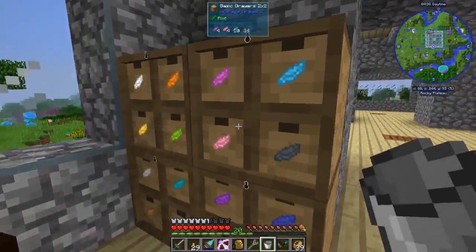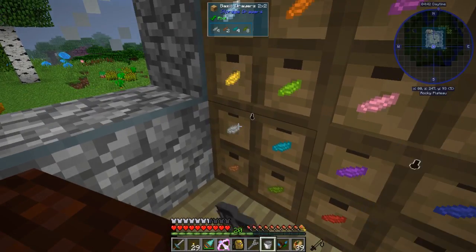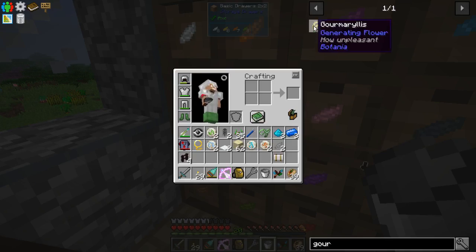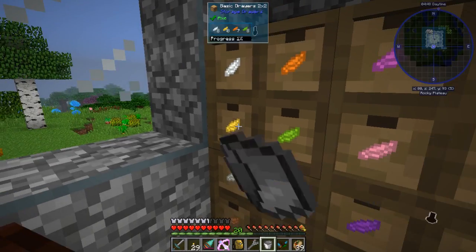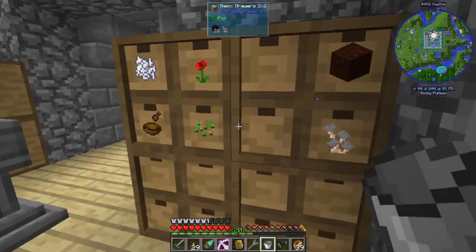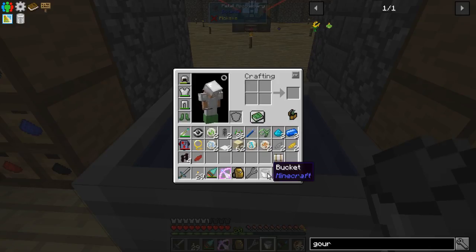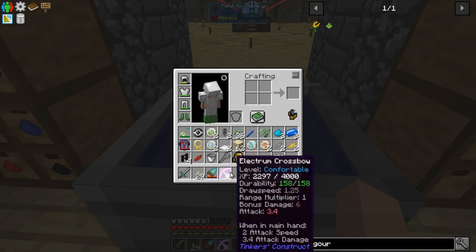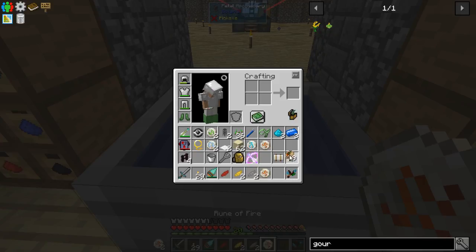So we need, let's see, 2 light gray. That would be these 2. 1, 2. We needed 2 yellow, right? 2 yellow. Yeah, 2 yellow and a red. So 1, 2, and a red there. We're going to need a seed, which is here. So, yeah, you go there, you go there, you go there, you go there. We're going to need that, one of those, and